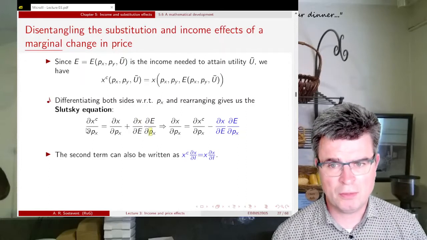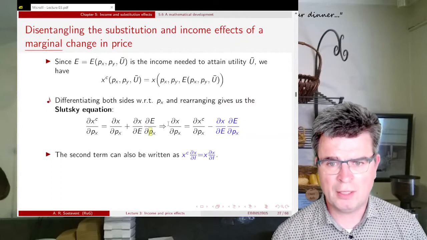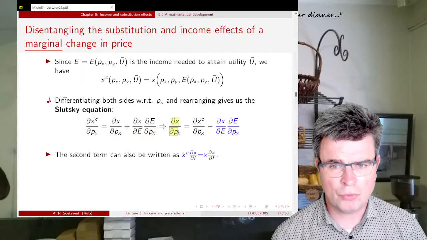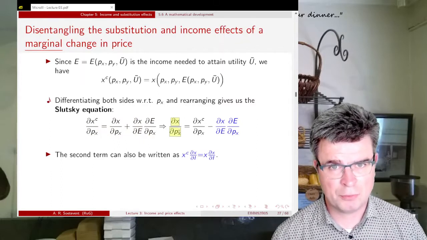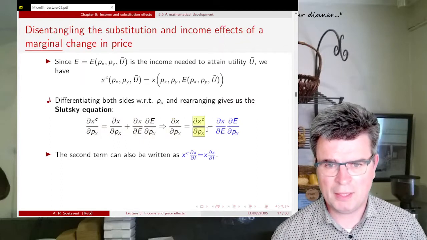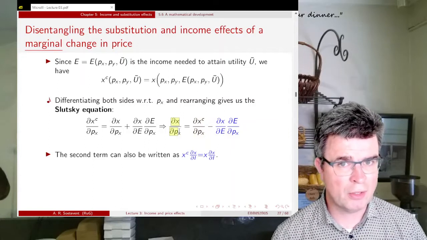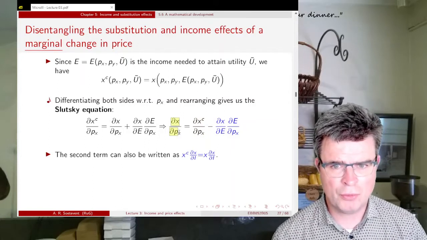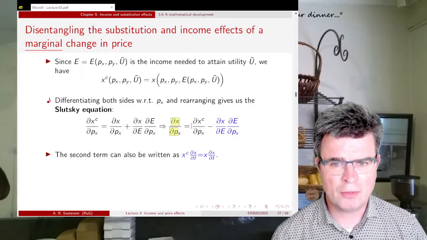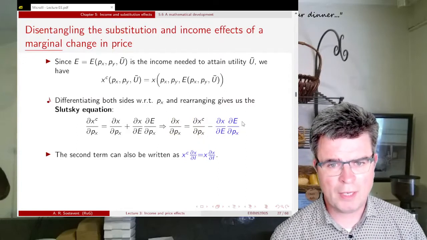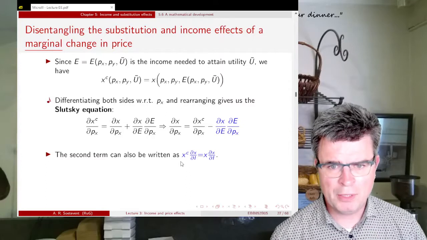That gives us the so-called Slutsky equation, and then we rearrange this equation and we solve for the partial derivative of X with respect to Px. And then we get the following. And this tells us that the total effect of a price change in good X on the demand for good X is identical to a substitution effect and an income effect. And then the second term on the right-hand side, the one in blue, can be rewritten